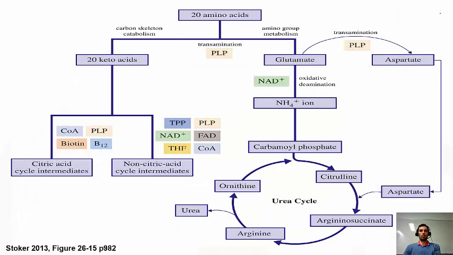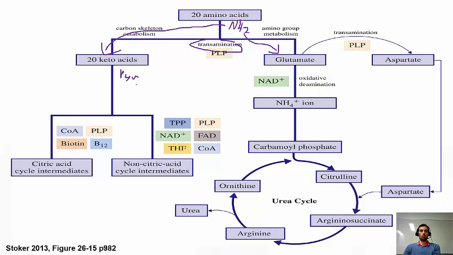Alright, so here we have a nice summary of what's going on in amino acid metabolism. So we take off the amino group from the amino acid during our transamination reaction. So we're taking the amino group from a particular amino acid, passing it on to alpha-ketoglutarate, and in doing so we make glutamate. And the other half of what we're left with, other than the amino group that is given away, is we now have the keto acids. So we looked at what those keto acids could be. They could be things like